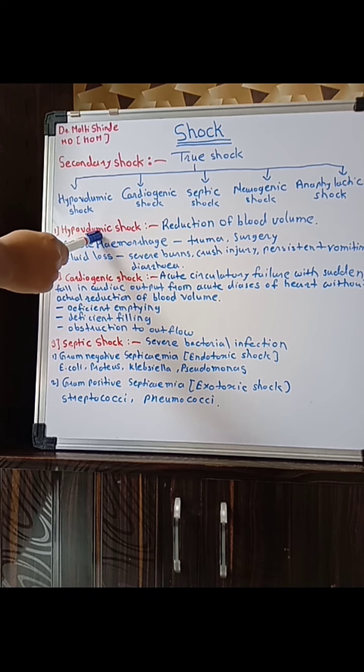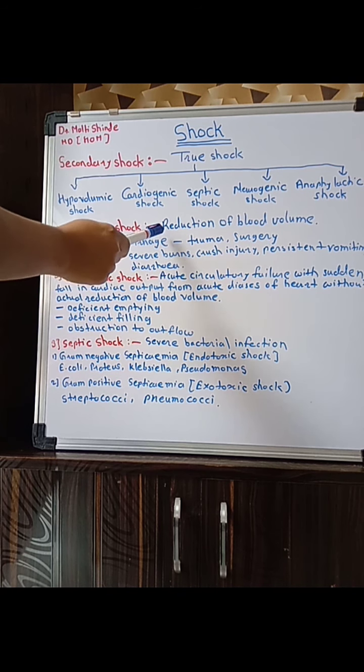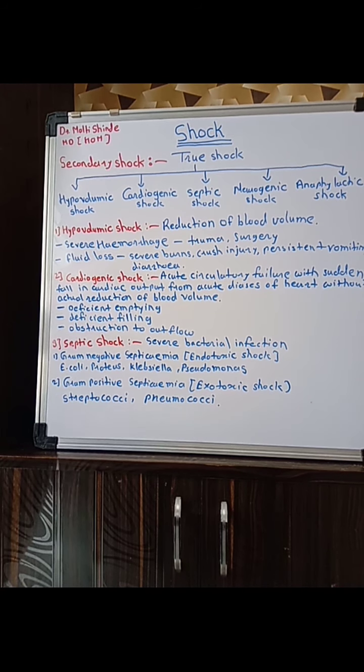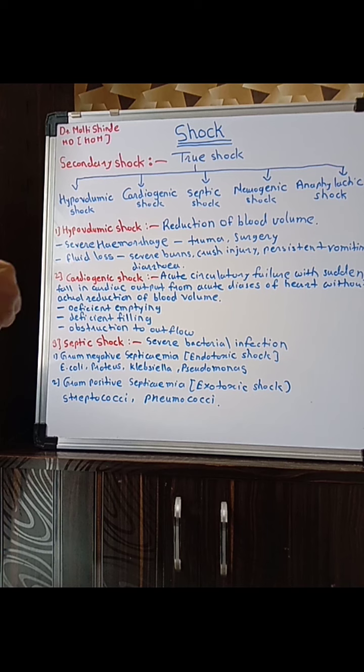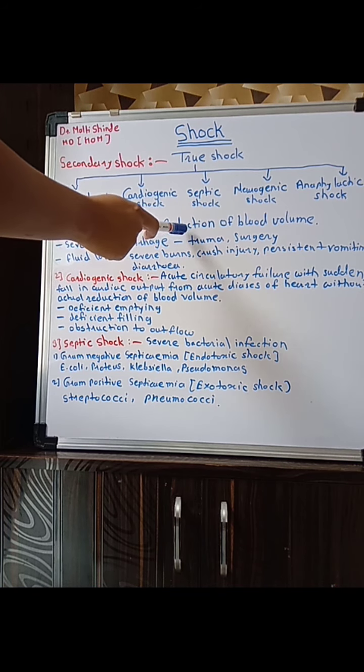So let's start with the first type, that is hypovolemic shock. What is hypovolemic shock? It is a reduction of blood volume. When there is a reduction in the blood volume in the body, that causes hypovolemic shock. And that reduction of blood volume